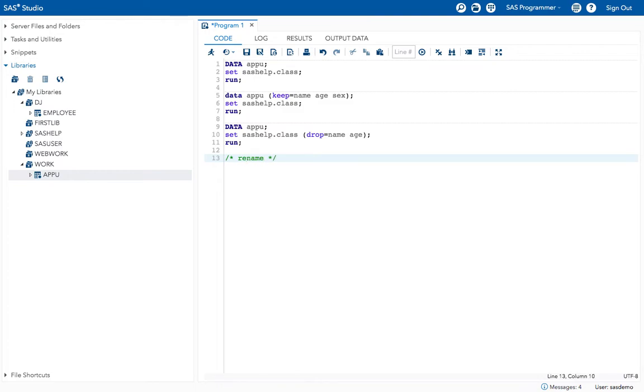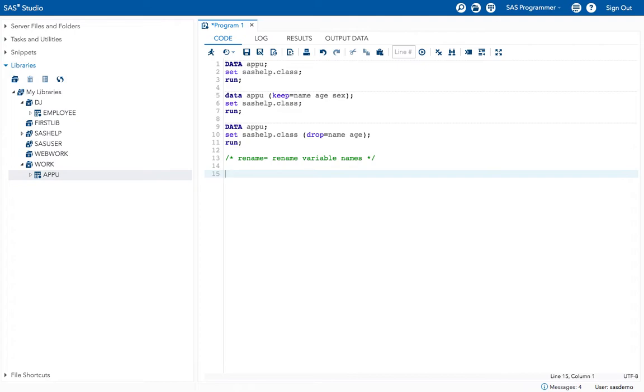Rename. Why do we use this, ma'am, rename? Like we use the keep and drop option. Say, for example, we have lots of data and we just want to print two variables, so we can use the drop option. It makes it easier, right, ma'am? Yes, of course. Ma'am, suppose we have a program in which we have 20 observations. If we just want to have two observations printed out, we will use the drop option.